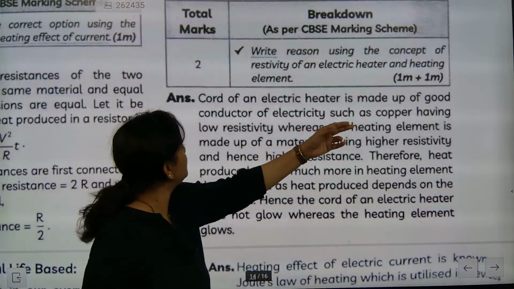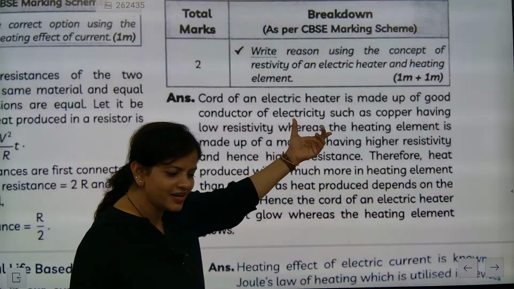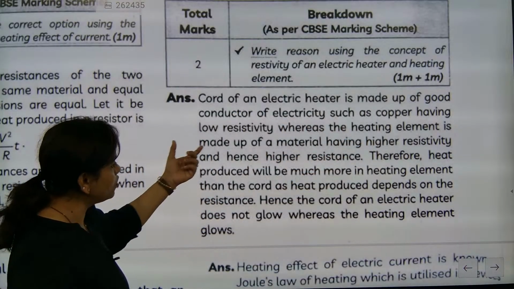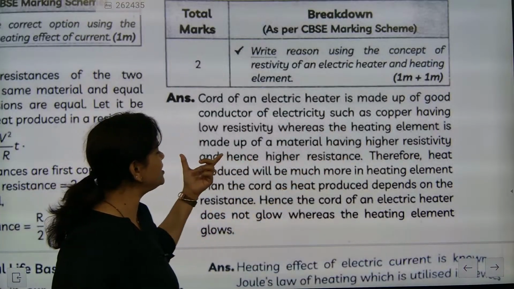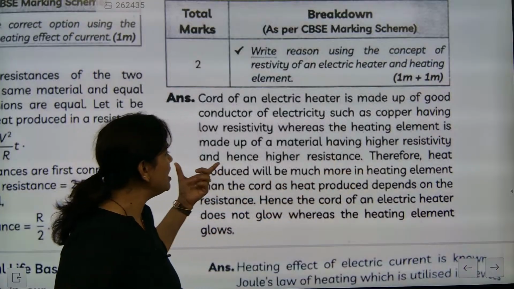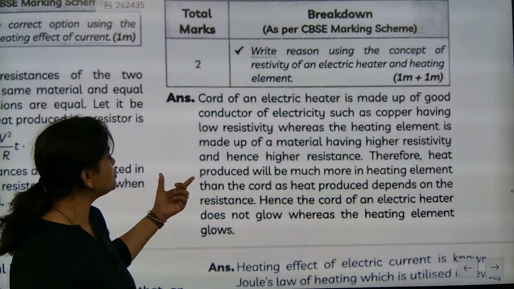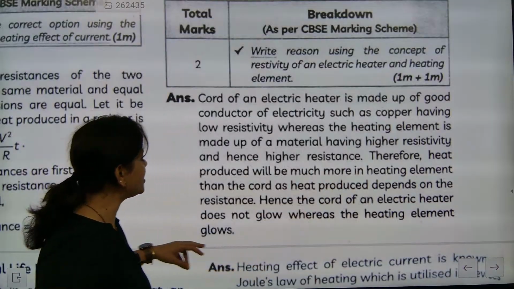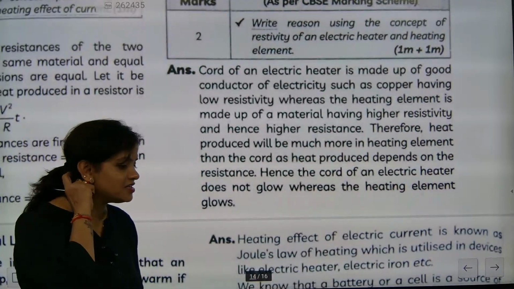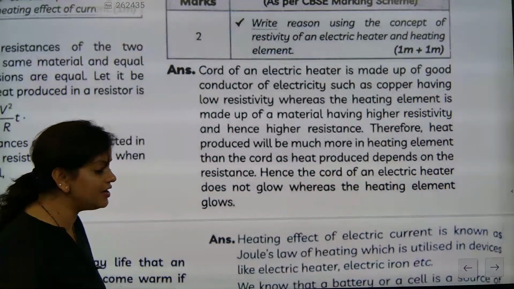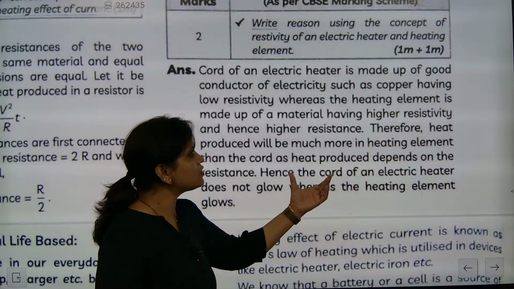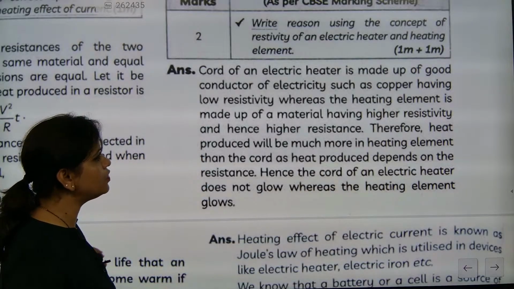So the cord is made with a good conductor of electricity, correct? Copper has low resistivity, whereas the heating element is made of material having higher resistivity, and they are alloys like chrome. Understood? So they produce more heating effect. That's what we have to understand, and that's the concept by which an LED also works here. The cord of an electric heater does not glow, whereas the heating